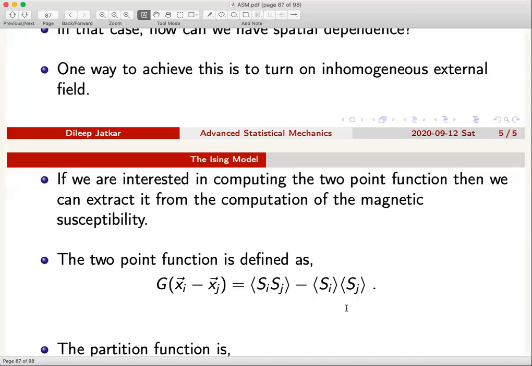To put it a little differently, if there are non-vanishing expectation values of these quantities, that information is irrelevant for us. The relevant information is, if you disturb one spin, how is the effect felt by the second spin? So there has to be some connection between these two spins, and that connected 2-point function is the information that we really want to collect. That is how this quantity comes about.